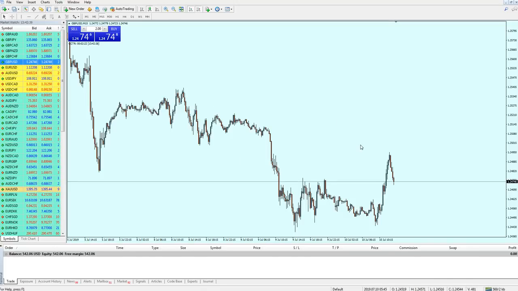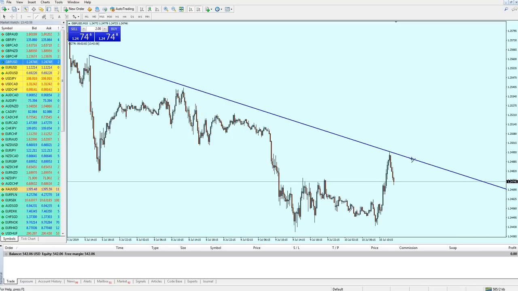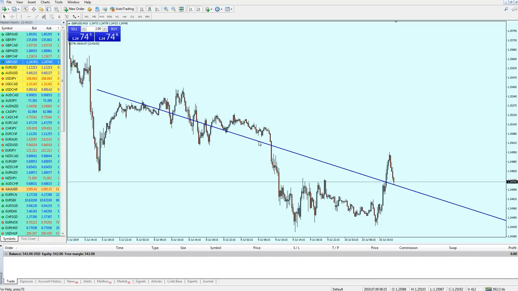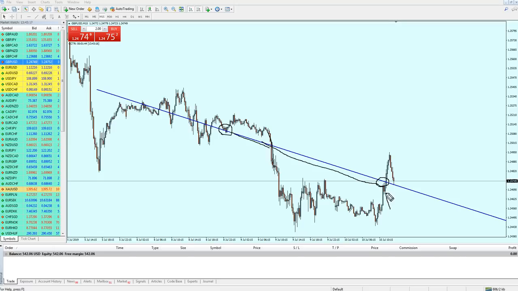Now I'm on the pound USD, and I can see that there is a small bounce happening right now. I'm on the 15-minute time frame. Let me now draw my trend line to confirm whether this is a valid entry or not. Those who have been following the trendline strategy know that if we are looking for a buy, we need to draw the trend line on a resistance level and place it on a previous trend line resistance to catch the bounce. What's happening here is a support trend line has been broken out by this bearish candle, and we have these small wicks here representing the new resistance trend line, which has been broken by